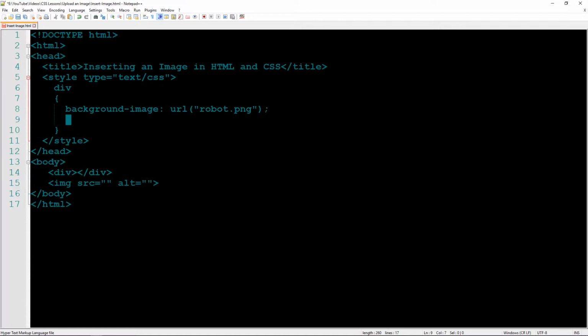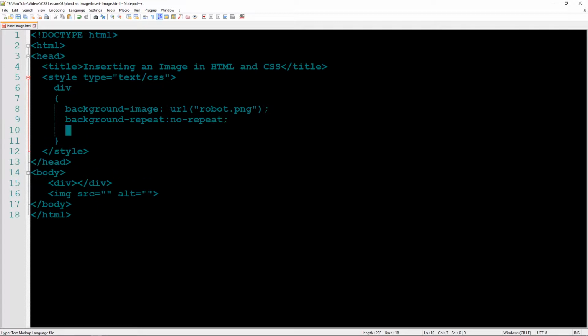So to have it not repeat and just appear once, there's a property called background-repeat, and set that equal to the value of no-repeat. And now there's another property called background-size,